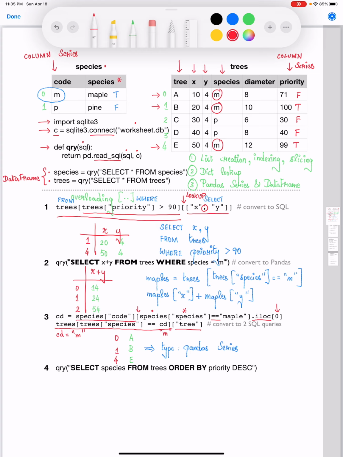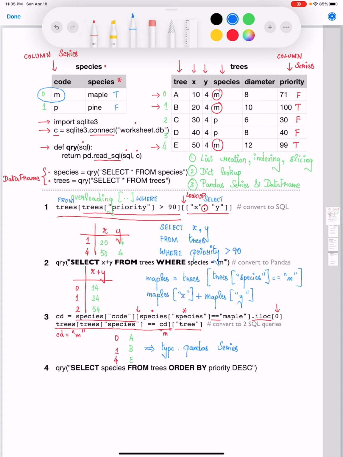Let's move on to question 4, which is asking us to execute the query select species from trees order by priority descending. Recall that the order by clause enables us to order the rows based on a specific column's ordering. The column ordering here is going to be for the priority column, and we want descending order.